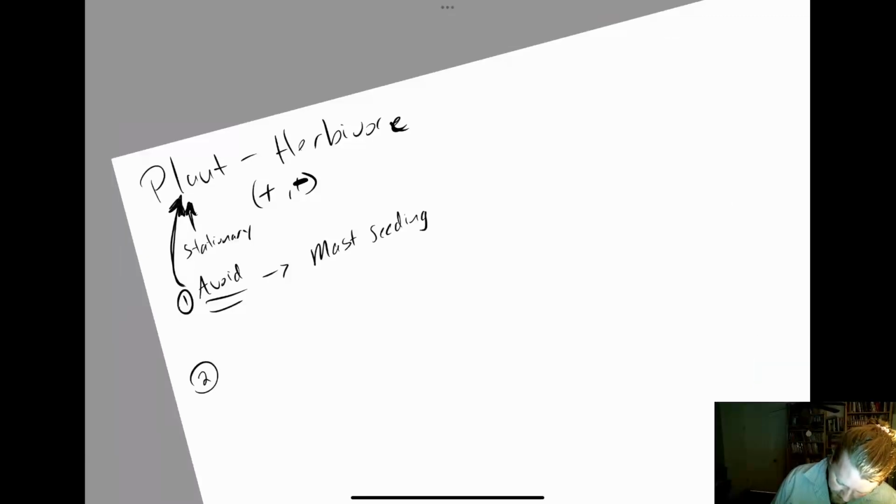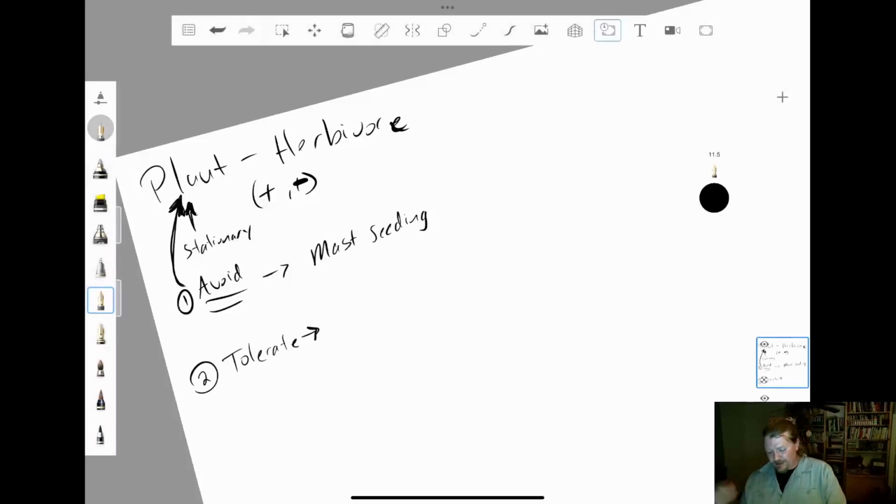The second thing plants can do is tolerate being eaten, right? So you can't run away. Maybe you can't mast seed because you're not in a big enough population or something like that. You can just tolerate being eaten. You can minimize the negative impact on your fitness. You can make it such that when you get eaten, you are less likely to die from this plant-herbivore interaction. One of my favorite cases of this is